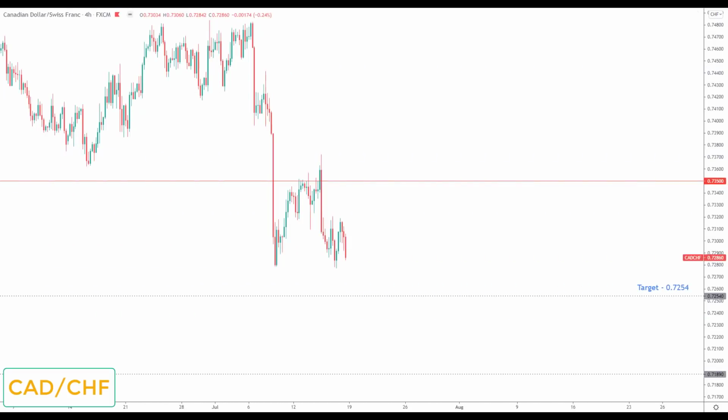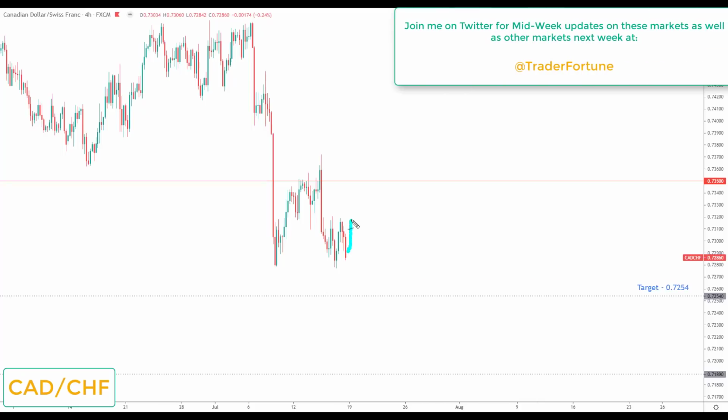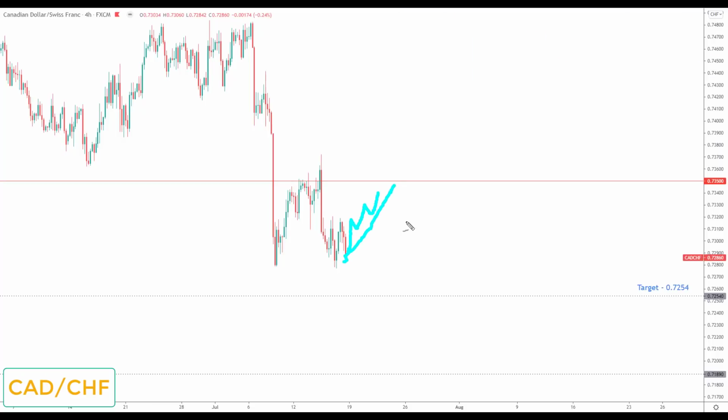The next market is CAD franc. This was a market I highlighted last week to look for a pullback and a sell-off into the 0.7254. We did have a sell-off because we had an interest rate decision last week out of Canada, and we had a sell-off towards the 0.7254. We haven't got there just yet, so for anybody not involved from last week, any pullback once again would be viewed as another opportunity to look for bearish reversals in this market down to the next key of support to the downside and the target set, the 0.7254. And if we can break through here, going to be looking down towards target 2 at the 0.7189.